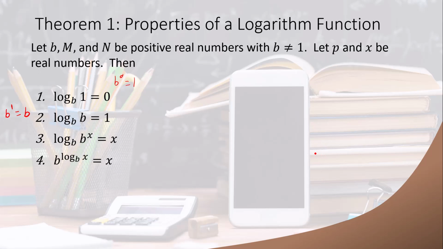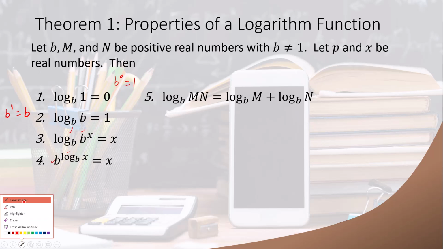And b raised to the log base b of x is also x. This is a consequence of the fact that the log and the exponent are inverses. This property here is called the product property, and this basically says that the log of the product of m and n is the sum of their